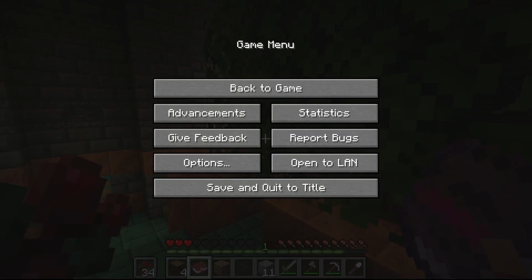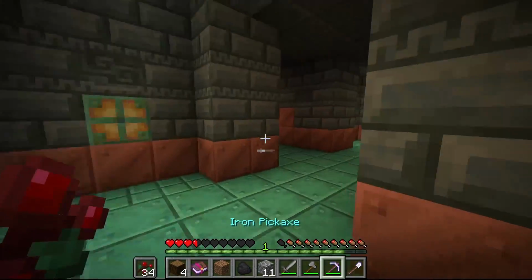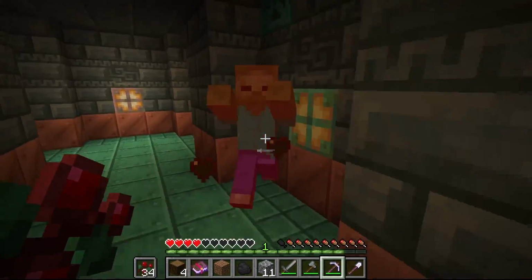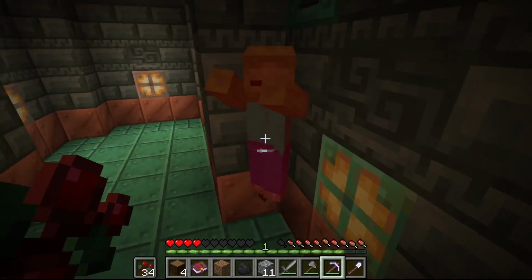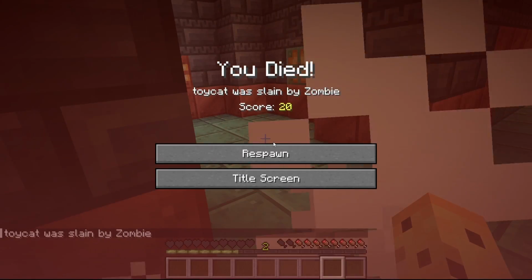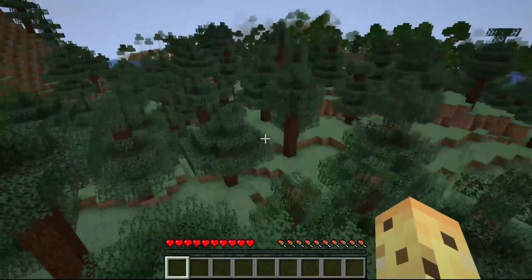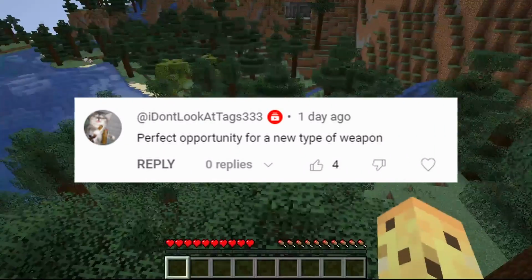However, that is something that you'd be excited about if you didn't hype yourself up for it, and so in the same way, the trial chamber key just being used to unlock certain doors or maybe special chests actually is a very cool feature, but if you build up your expectations so high that basically nothing will please you, you're only guaranteeing your own disappointment. And by the way, a great comment up here is from Don't Look at Tax 333,